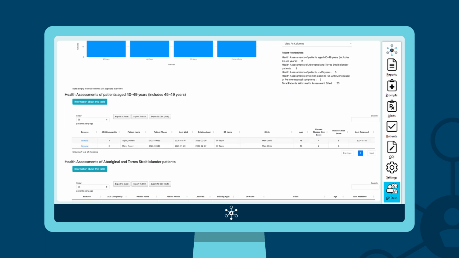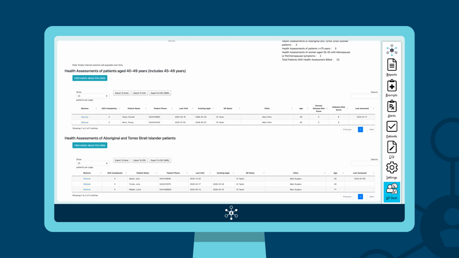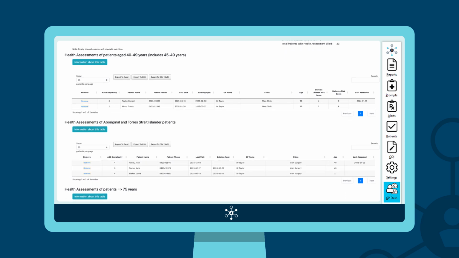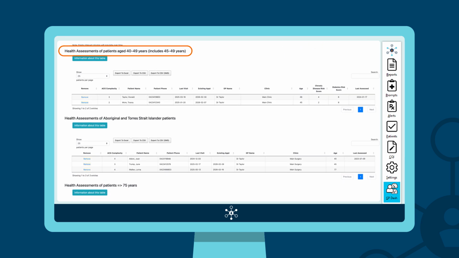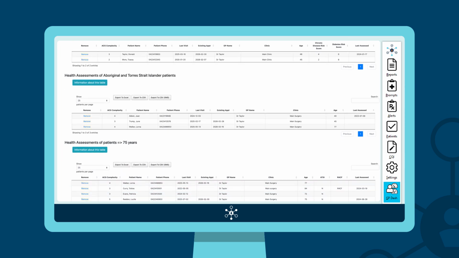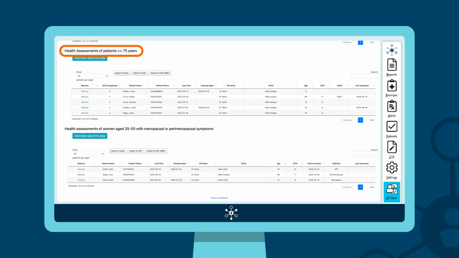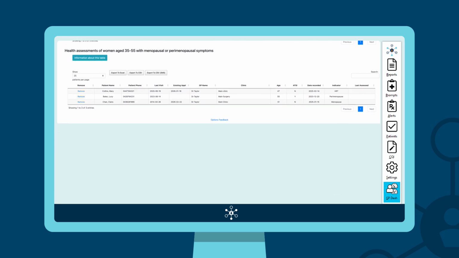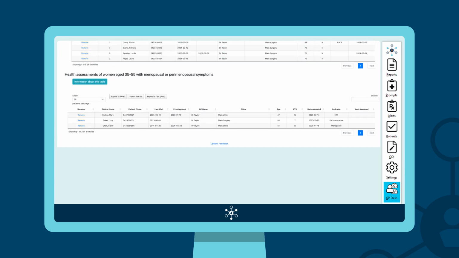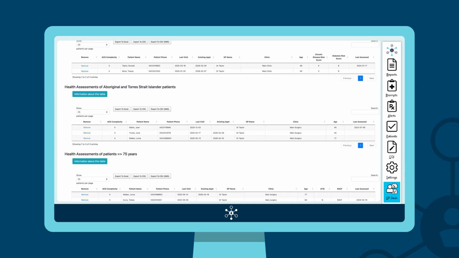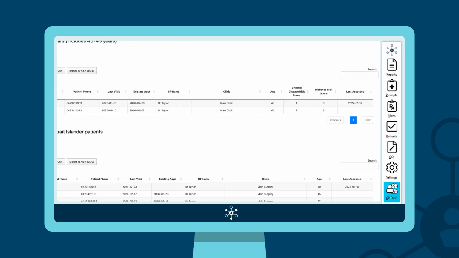Aimed at preventing or delaying the onset of chronic disease, the report enables practices to easily identify and recall patients aged 40 to 49 who may be eligible for a health assessment, Aboriginal and Torres Strait Islander patients, patients aged 75 and over, and women aged 35 to 55 with menopausal symptoms or diagnosis. As these are derived from your clinical software data, it is recommended that you confirm MBS eligibility through health professional